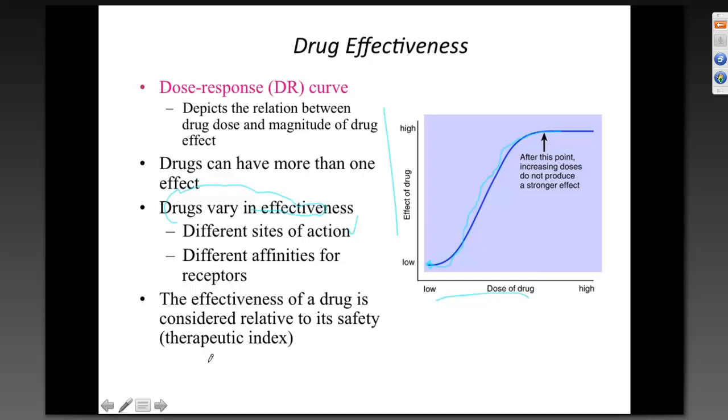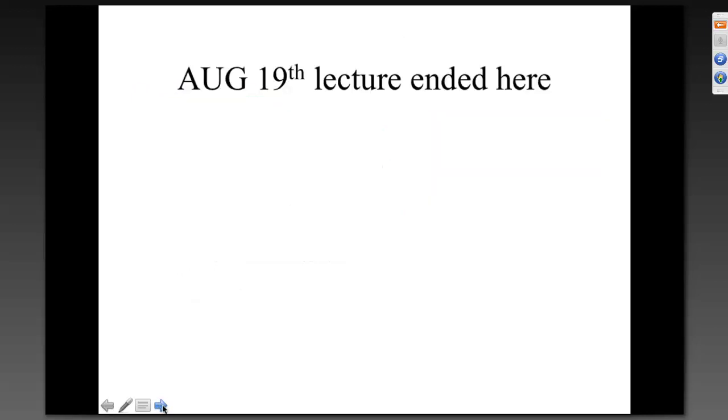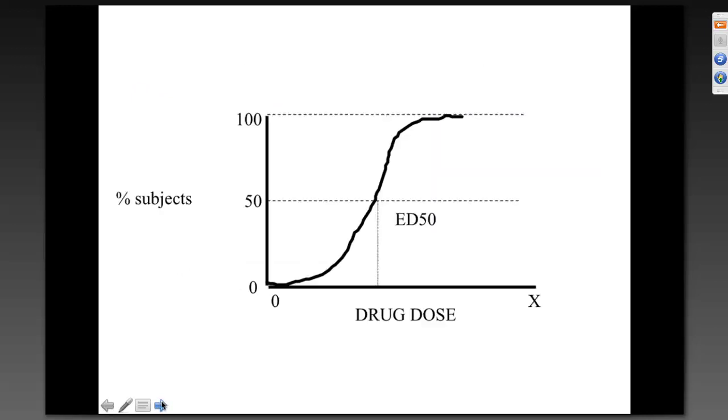And the last thing, the effectiveness of a drug is considered relative to its safety, the therapeutic index. We're going to get into that in about 2 slides here. I'll explain it more. And that's where we stopped the last time. That was the last slide we looked at. Okay, so